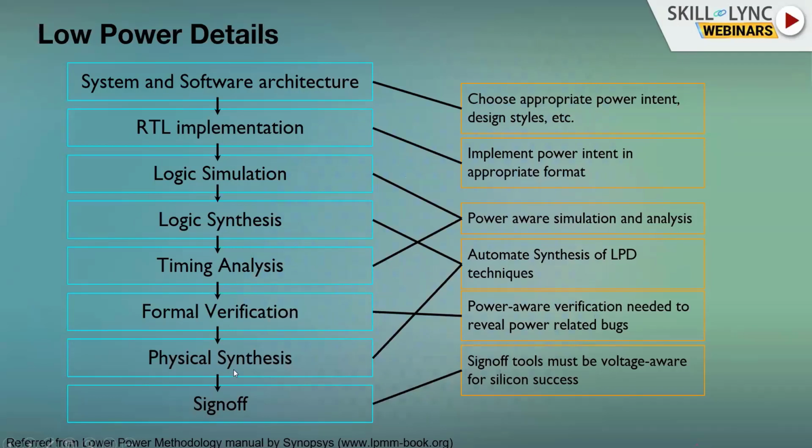Then we go to physical synthesis, where we do placement and routing and see if there are any problems there. After that, you create the OASIS or GDS, then do the final layout and then do the sign off. In all these steps, where low power design plays a role is what I have put up here, but there are major other steps internally also. I'm not talking about that, but we'll talk about where low power comes into the picture in between these steps.